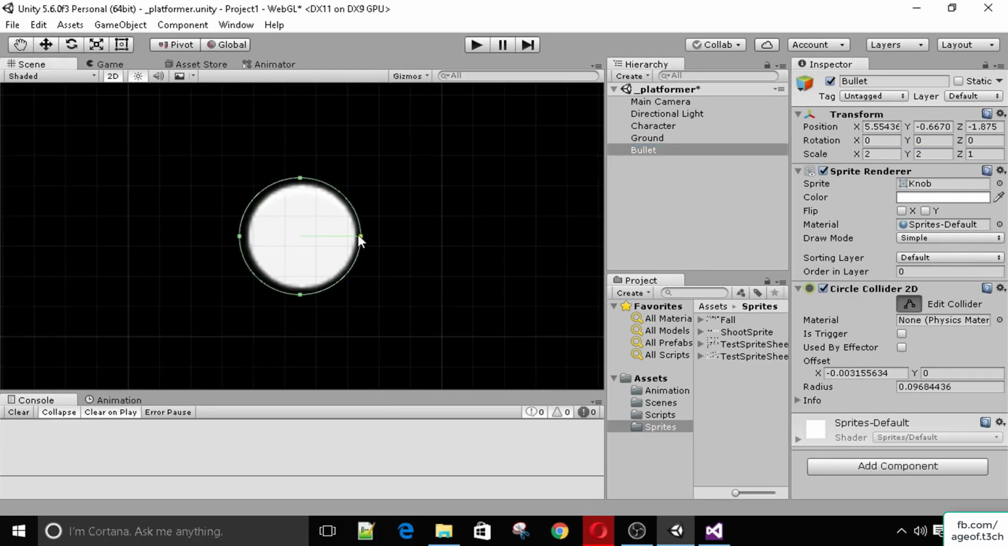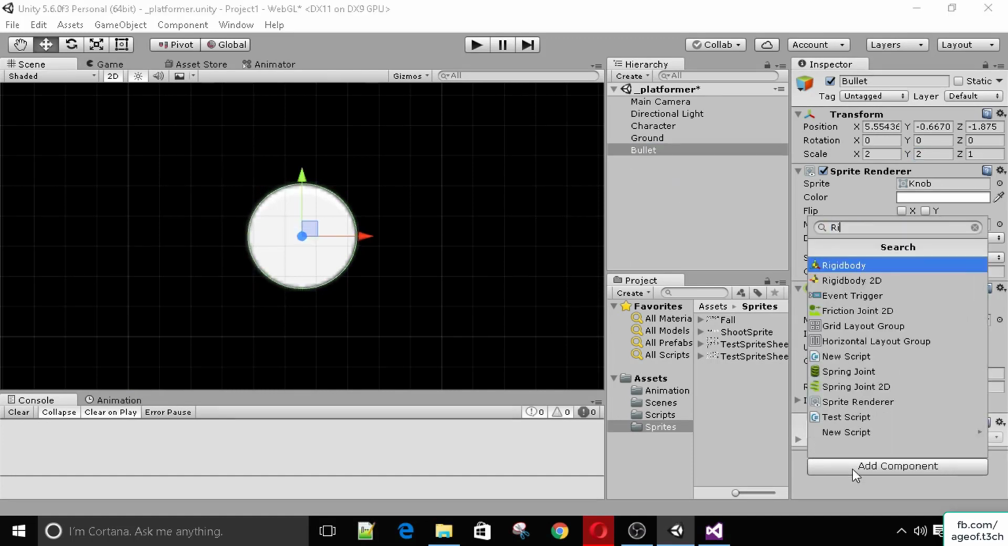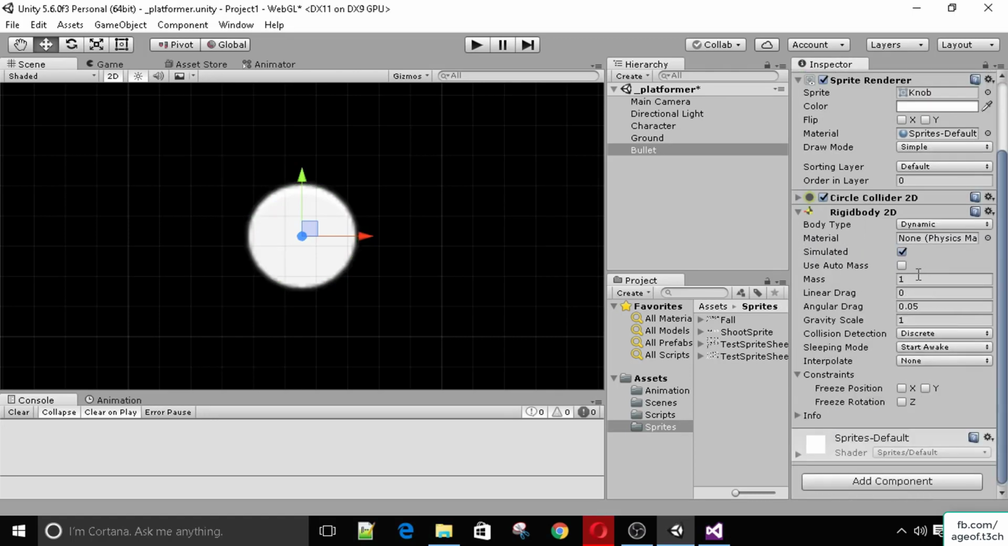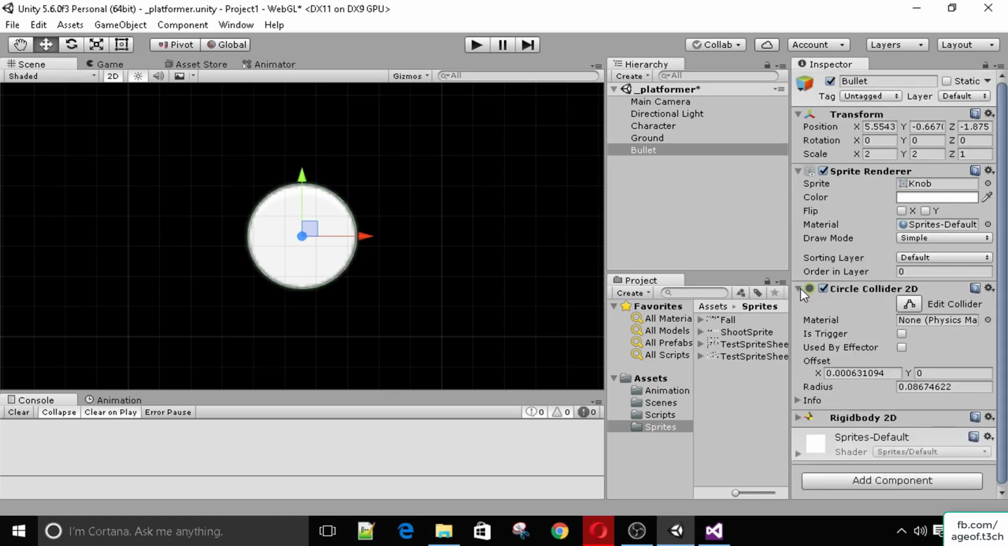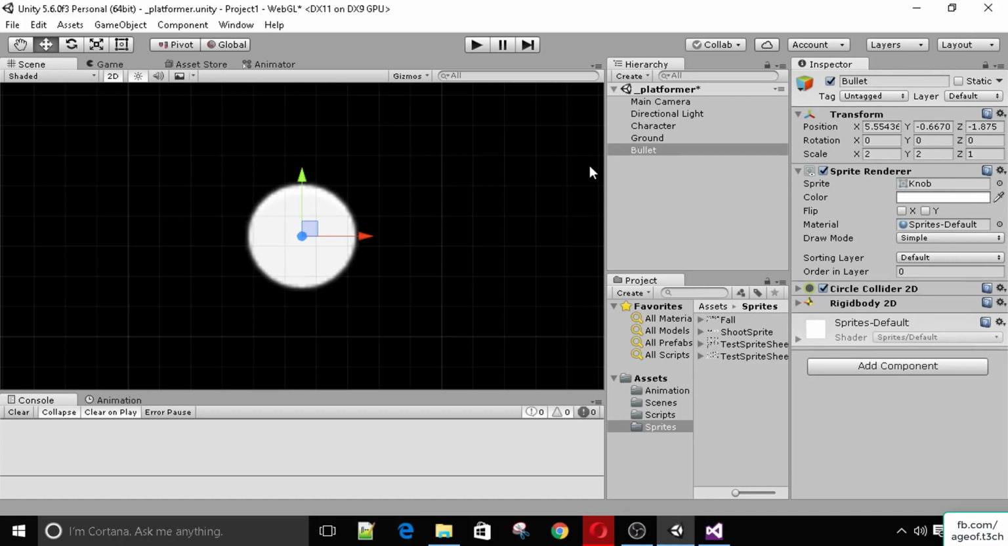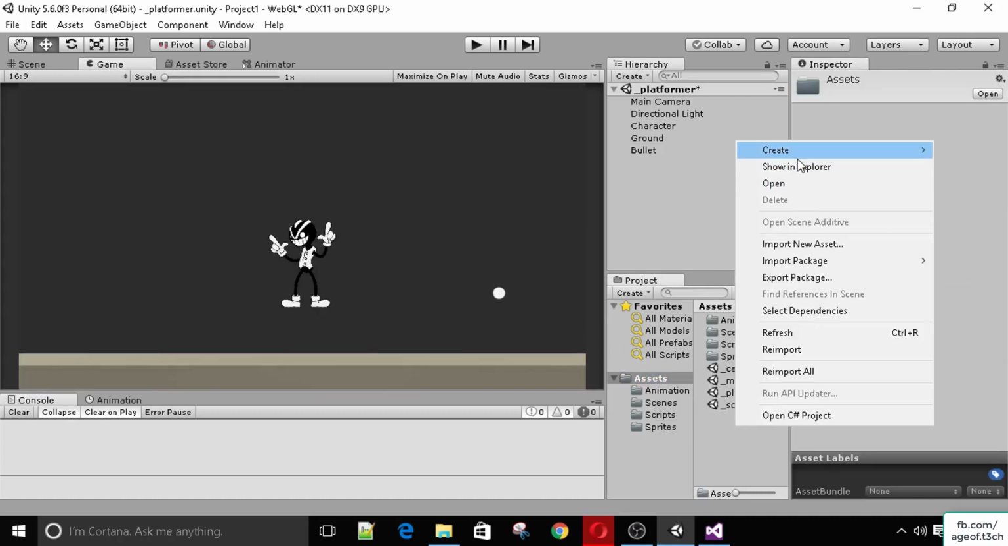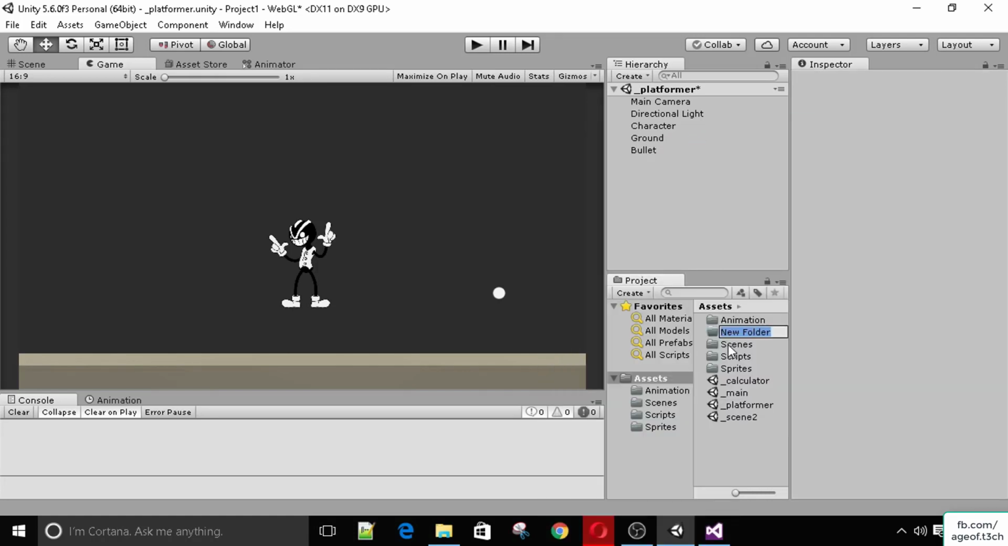Let's just decrease the radius a bit. Okay, that's better. And let's add a rigid body to this object. A rigid body 2D. I'm just going to disable the gravity for this object. Okay. So now that we've got our bullet ready, I'm going to create a new folder in our assets browser,